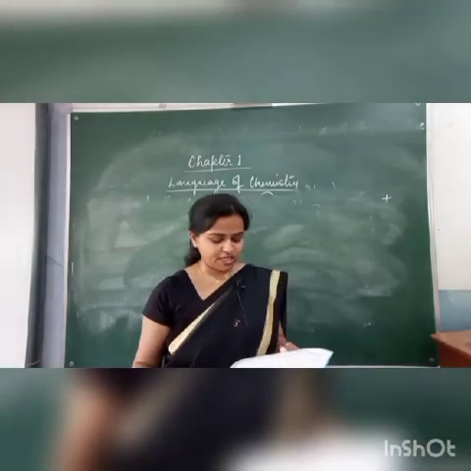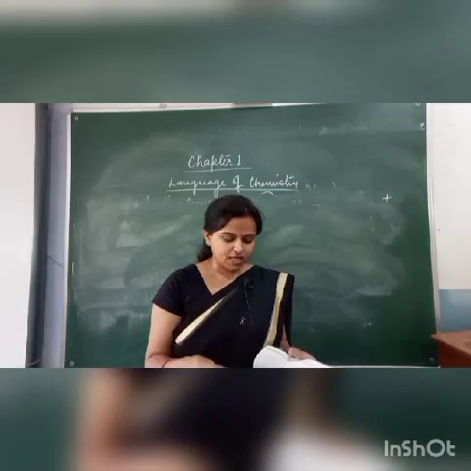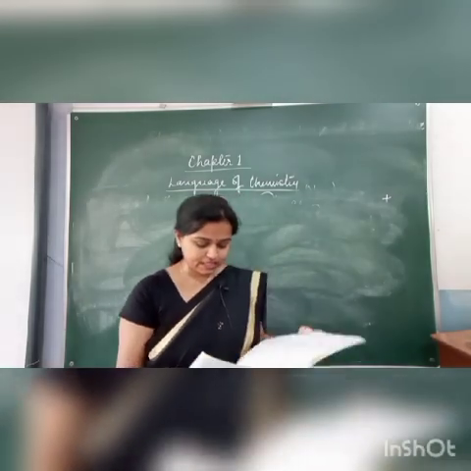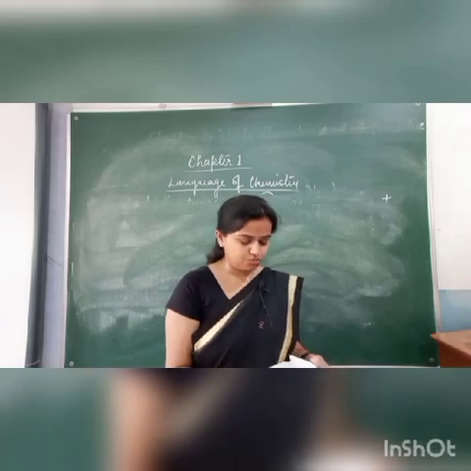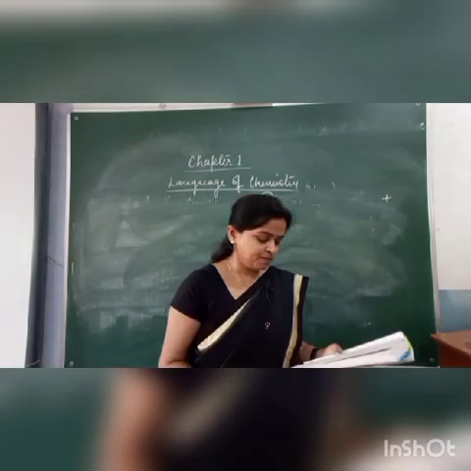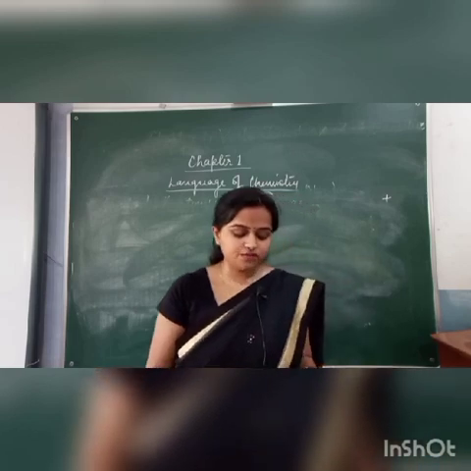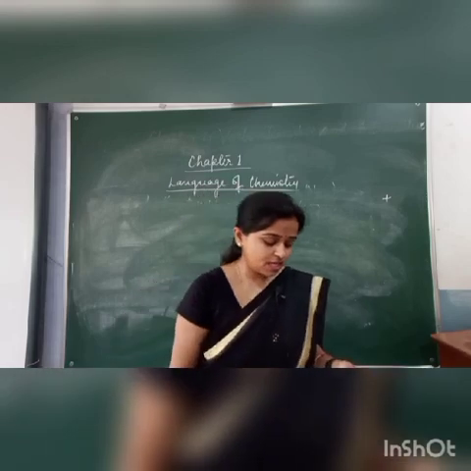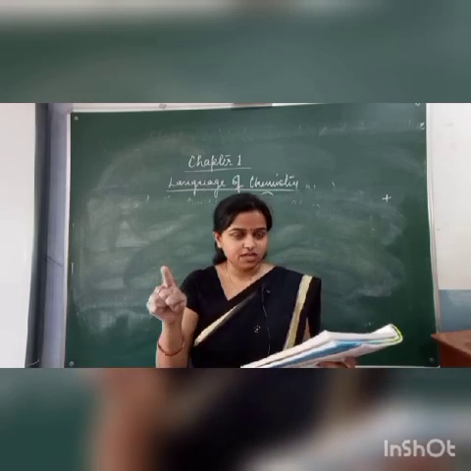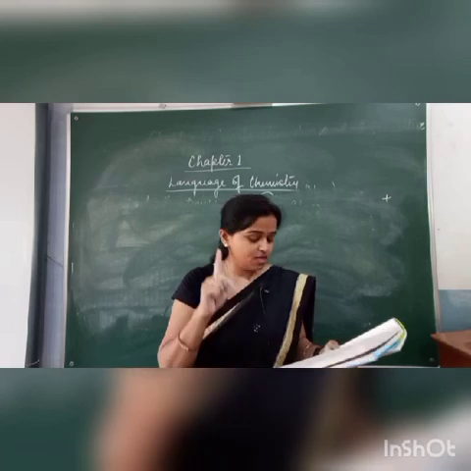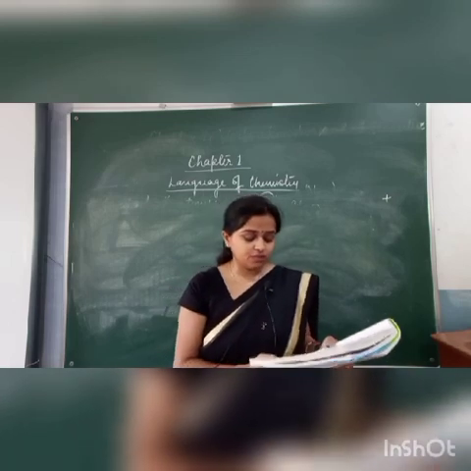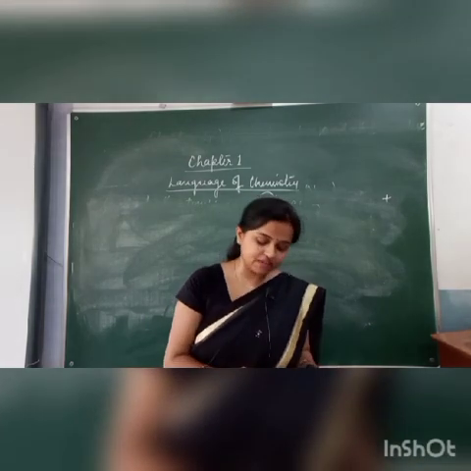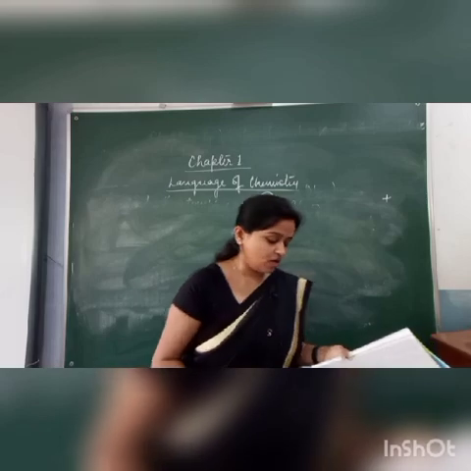Such as in your book on page number 10, 2 examples are given, but I will go through the question which is given in the exercise. So on page number 17, question number 22, first part. See, the question is: reaction of excess ammonia with chlorine, where ammonia is used as a reducing agent. See, this is the equation, and for this equation 2 more equations are given. First one, ammonia first reacts with chlorine to give hydrogen chloride and nitrogen, and second one, hydrogen chloride then further reacts with excess ammonia to give ammonium chloride. Now let us start.